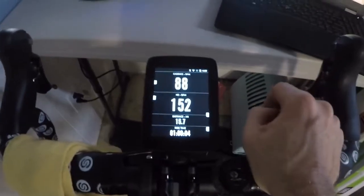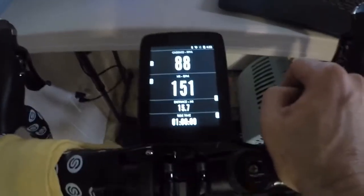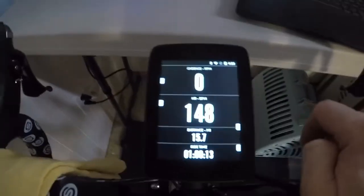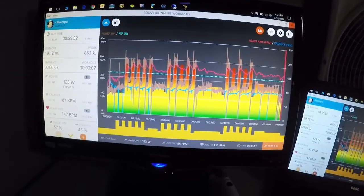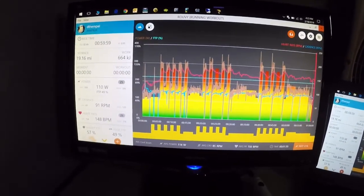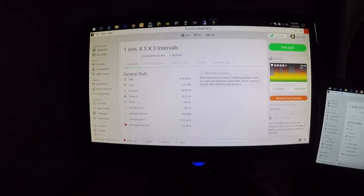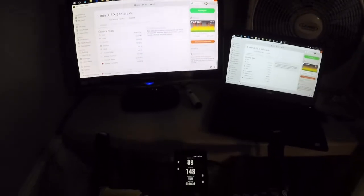So the one interesting thing here is that, excuse me, if you can see the mileage there or the distance, it's at 15.7, but looking at the Ruby screen, that's at 19.2. And it's obviously the same ride. My trainer is a dumb trainer, so it relies exclusively on the information from the sensors. So I have to think that I either have the wheel circumference set incorrectly someplace, or